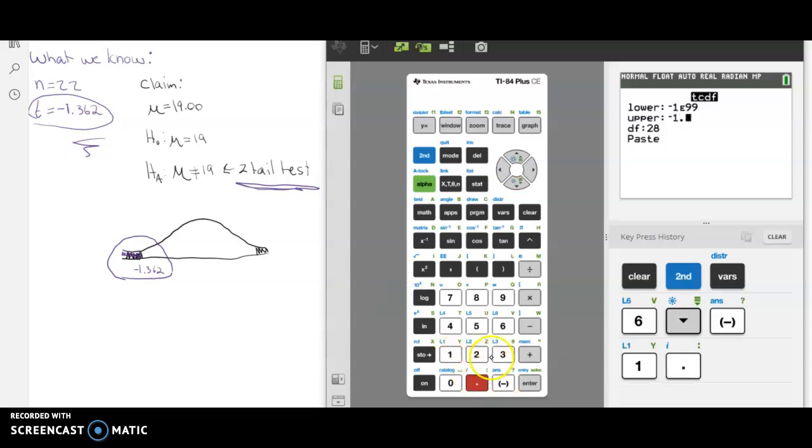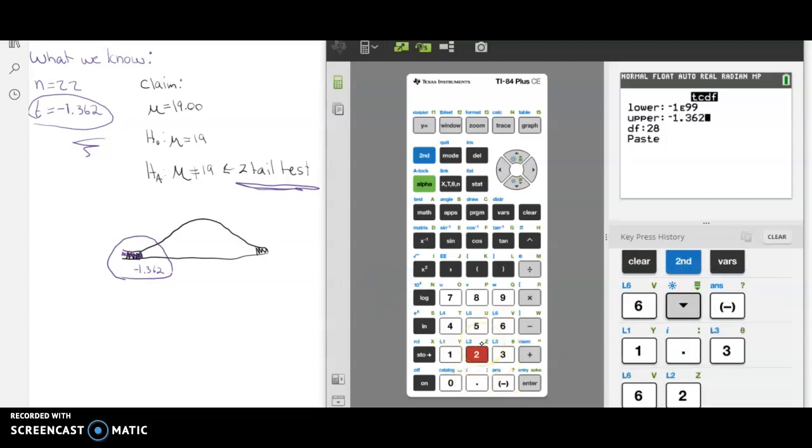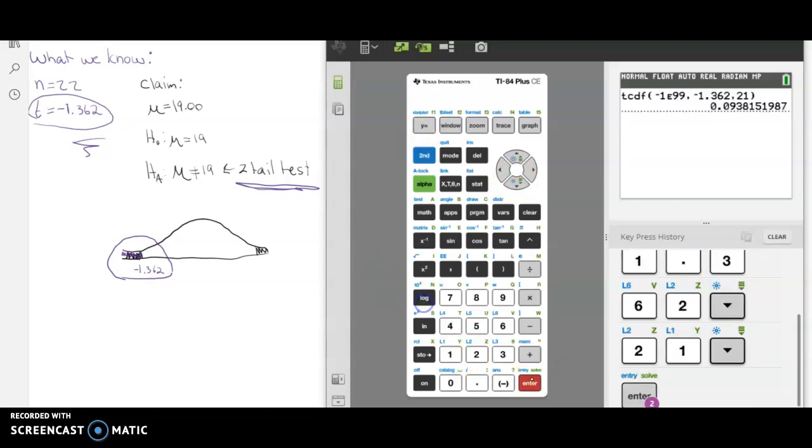Negative 1.362. And our degrees of freedom for this problem, well, that's just n minus 1. And our n is 22. So 22 minus 1 is 21. And then you will simply paste. Now, if you're a person who doesn't have a menu option on your calculator, you're going to type it in just like you see here. So you'll have your lower limit, a comma, which is above number 7, your upper limit, a comma, and then your degrees of freedom. Remember, degrees of freedom is your n value minus 1. And we come up with